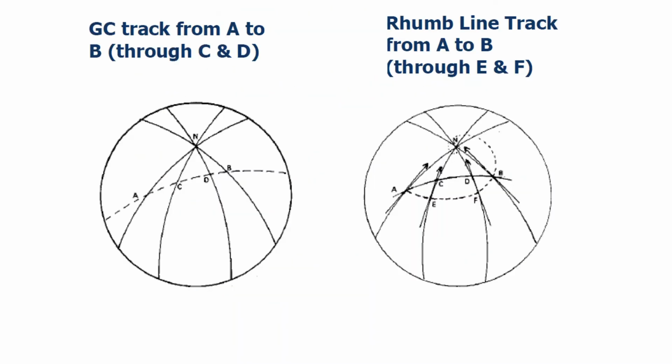So here is an example to show you how the great circle course looks and how the rhumb line track looks once it is transferred. The same course is transferred, and this is how it all looks. However, like I said, I am just quickly introducing the difference between great circle and rhumb line course for your background. This video is not about explaining each. Let's get into the ECDIS and let me show you how to find the great circle and rhumb line course and distance between two given positions or two waypoints.